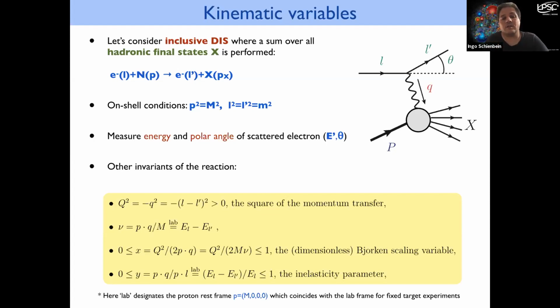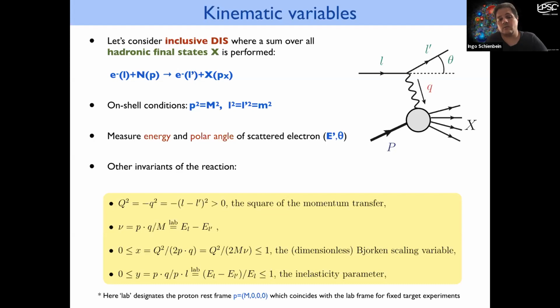Then we have the energy transfer nu, defined as p·q over the mass of the nucleon, which in the lab frame reduces to the difference of the lepton energies. Then the Bjorken scaling variable x, defined as Q squared over 2 p·q. And finally, the inelasticity parameter y, which is p·q over p·l,